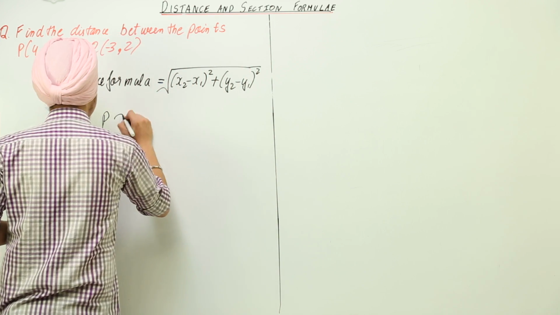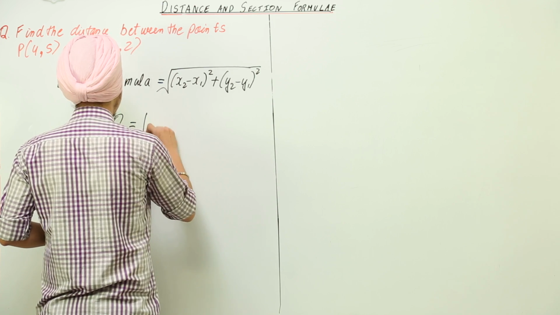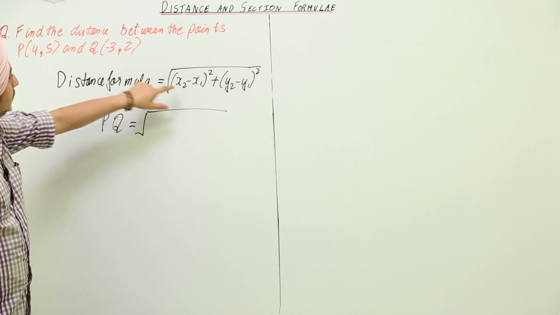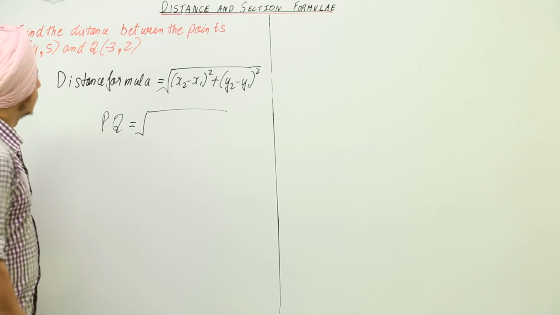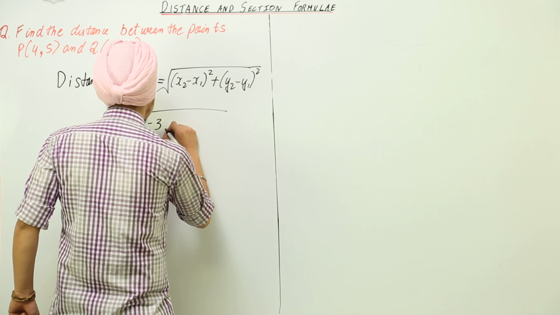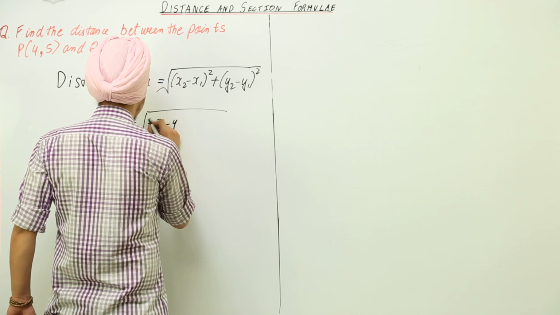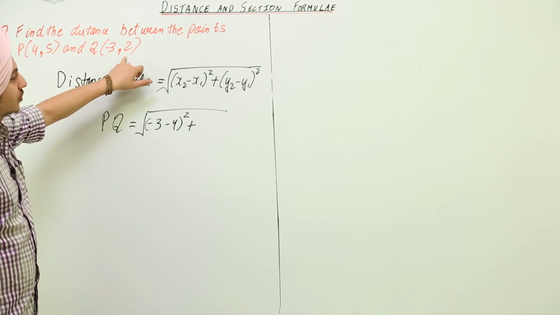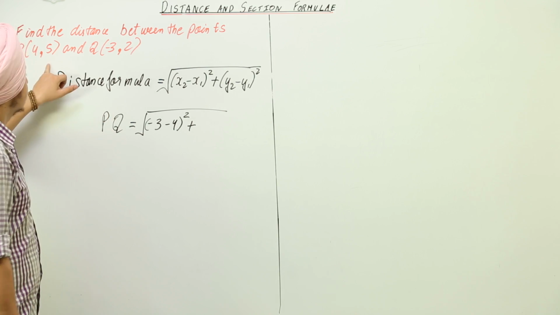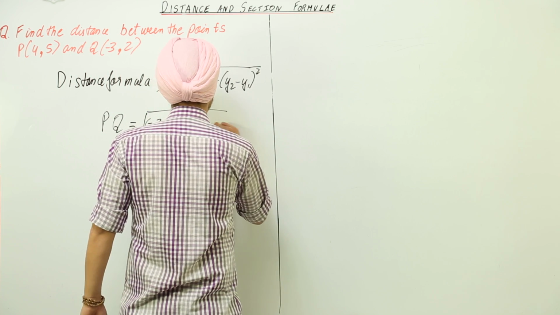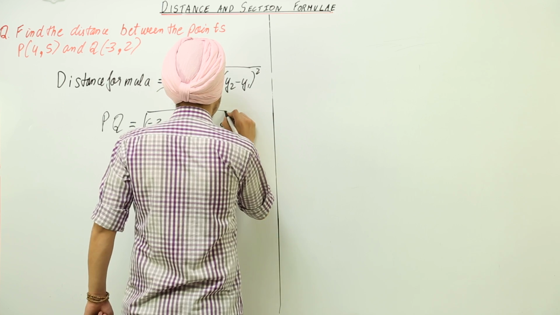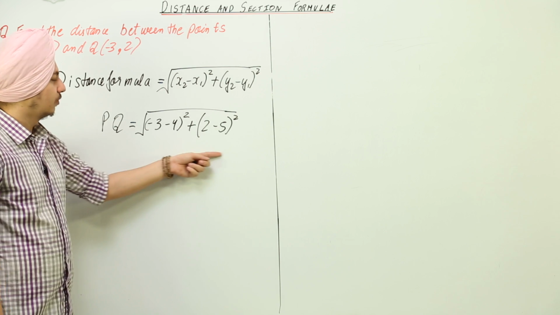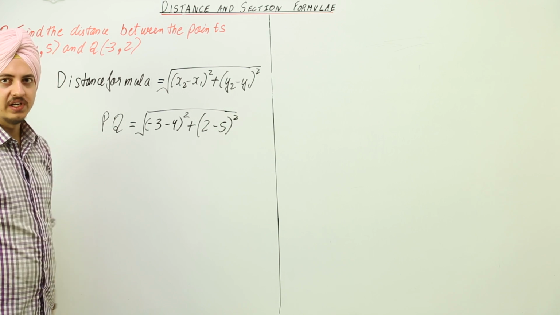So the distance PQ will be equal to root of, what is x2? That is minus 3. What is x1? That is 4. So this is (-3 minus 4) square plus, what is y2? That is 2. And what is y1? That is 5. So this is (2 minus 5) square. So we have to just solve this value, and that will be the distance between PQ, or